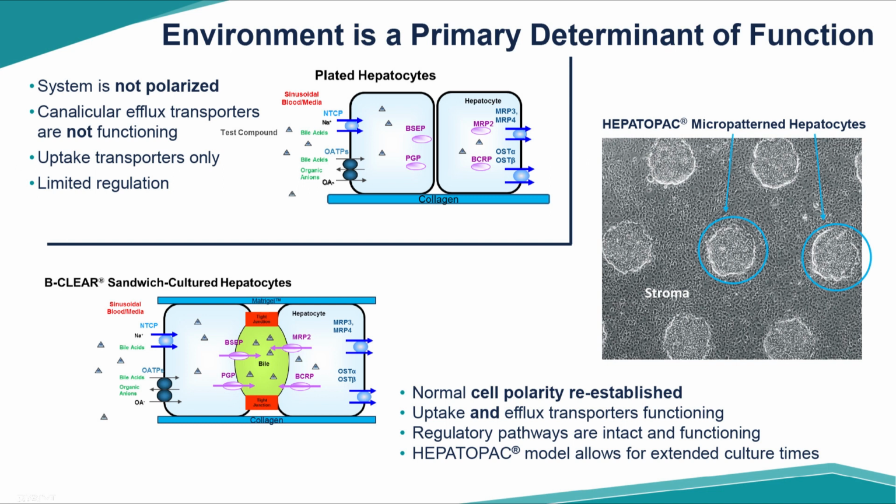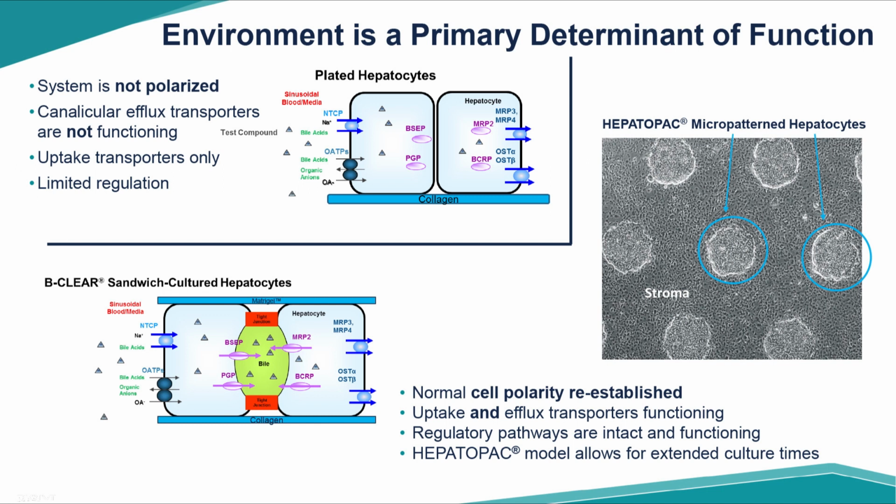And we know that if you just take these hepatocytes and plate them on a layer of collagen, the system that forms is not polarized. And by that I mean it doesn't have a canalicular domain. It has a basolateral domain, but all of the transporters that would normally be localized on this canalicular domain are internalized, and they're in vesicles and they're not